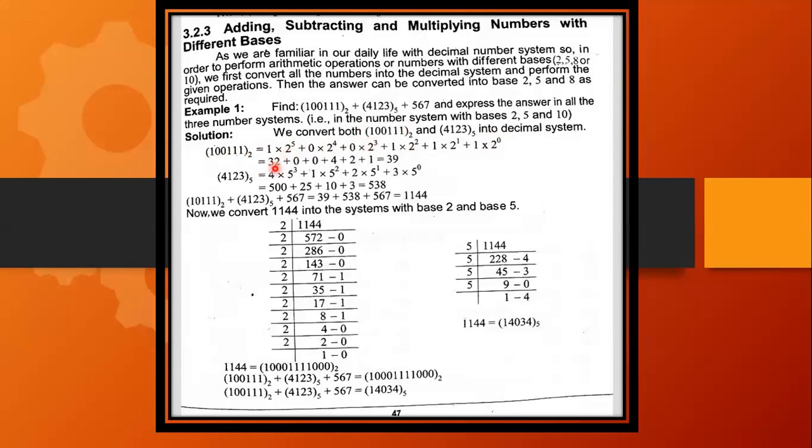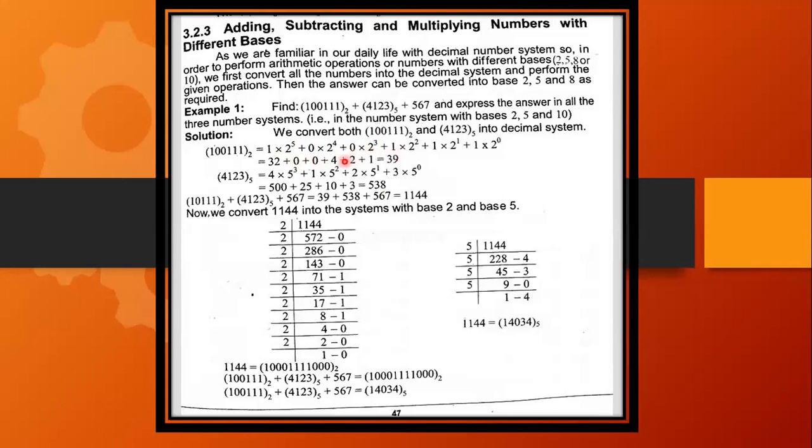Now 2 to the power 5 would be equal to 32, and 32 ones are 32. Here you do not need to deal with 2 to the power 4, because when you multiply any number, maybe in billions or hundreds or whatever, with 0, the product will be 0 automatically. So there will be 0 automatically. There is no need to calculate 2 to the power 4. After that, 2 to the power 3 into 0, so definitely it is automatic that here we will write 0.